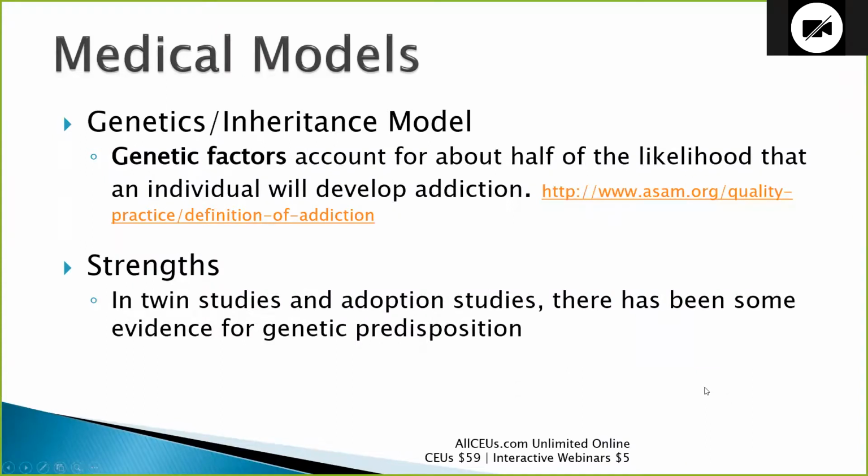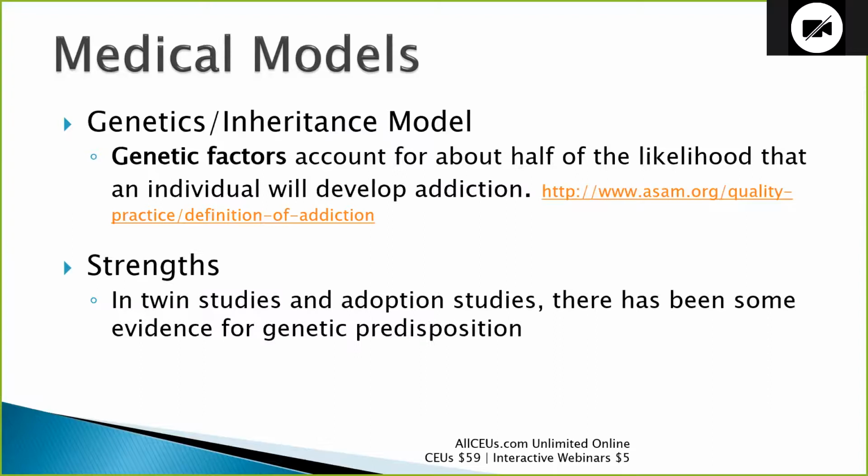Now, going along with the medical models is the genetics or inheritance model. And like you talked about in the video, we haven't found a gene. There is not an alcoholism gene. We do know that there are combinations of genes that are more likely to be found in people with addictions, because it either makes them more reactive to the substance, or those gene sequences are responsible for pre-existing mental health issues.